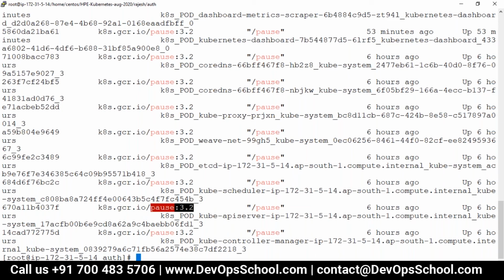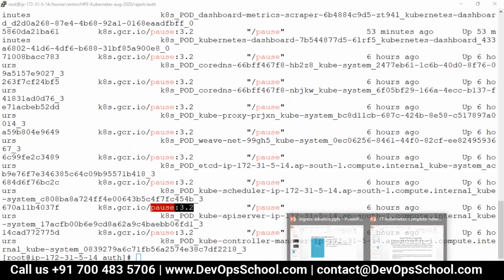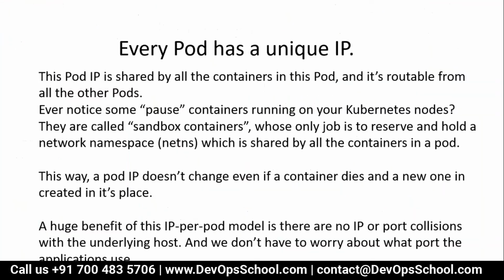Now the question is, what is the job of the pause container? That's the most important question. So guys, this is called the sandbox container, and the job of this container is only to reserve and hold the network namespace.